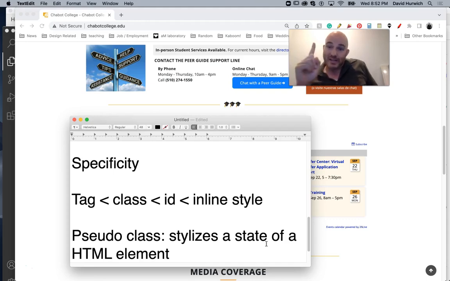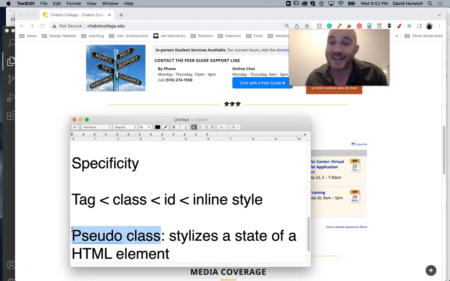You can have one light switch, but it can have two states, on and off, right? Or if I have this box here, my box can be open or closed. I have the open state and I have the closed state. Okay. So some objects have multiple states, and what a pseudo class allows you to do is to stylize that